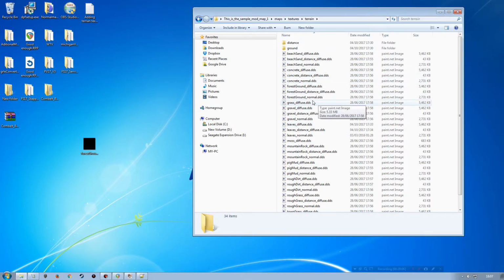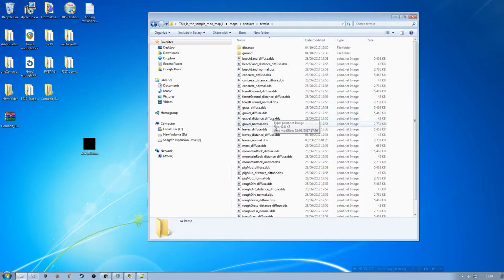If you're working with a mod map that's not a Goldcrest Valley sample mod map, one that somebody's created from scratch or whatever else, you may find that the path file names will be slightly different to what I'm working with here today. I believe Thornton Farm is a good example. If I remember rightly, I haven't got the map up here at the moment, but I think the textures on that, or the actual folders, are a little bit different if I recall. Could be wrong there, I haven't played with that map in a little while, but there are some maps that